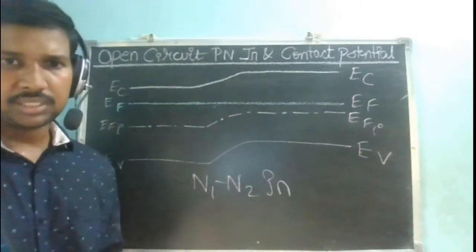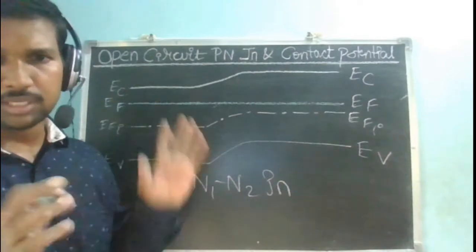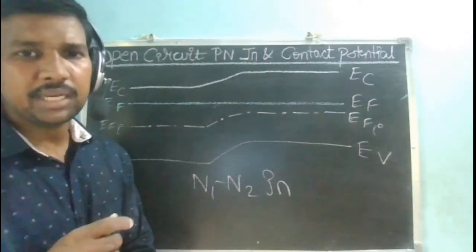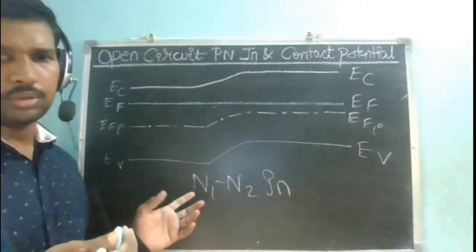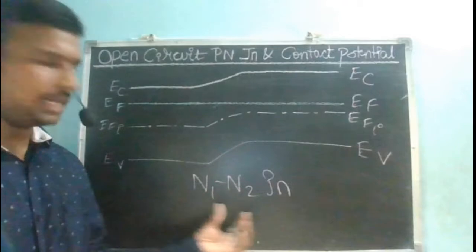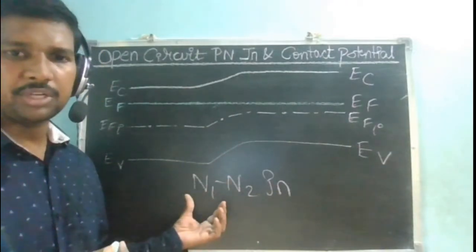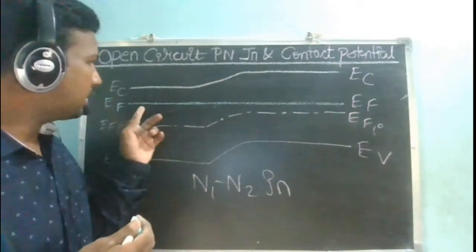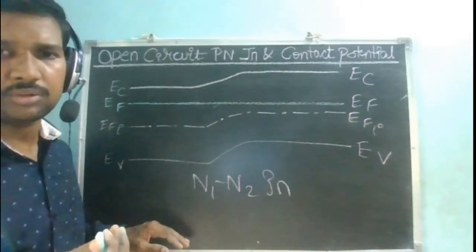What have we discussed in the significance of the Fermi energy level? If the slope of the Fermi energy level is 0, then no particle is going to move in the material. Why is no particle moving in the material? In fact, what particles are there in the material? Electrons. Electrons contributed by your N1, electrons contributed by your N2. But the electrons contributed by your N1 have moved on to the other side, and then this particular alignment of both the EFs has taken place, and now your new system N1 N2 junction is in